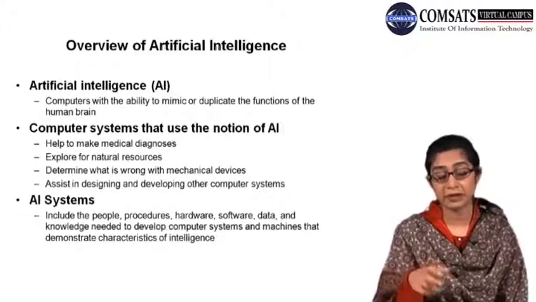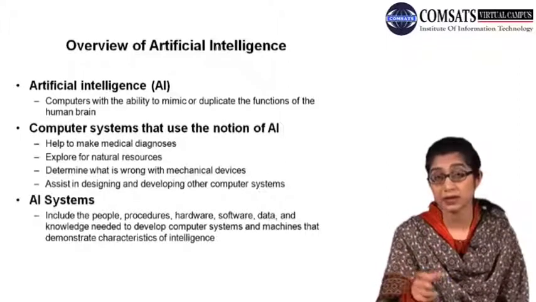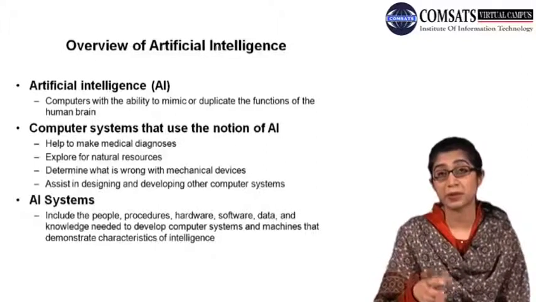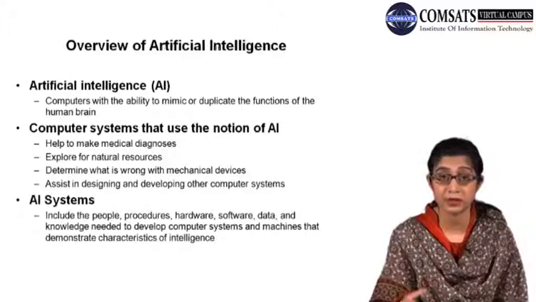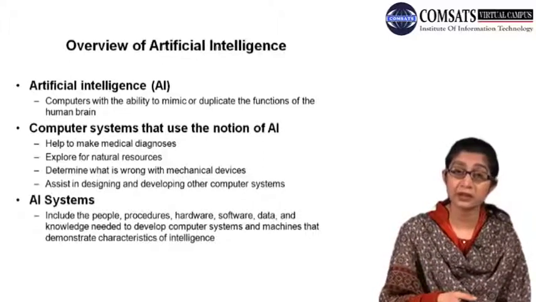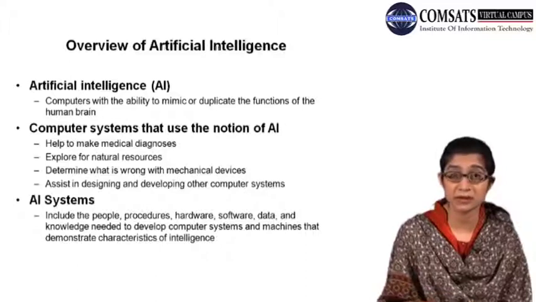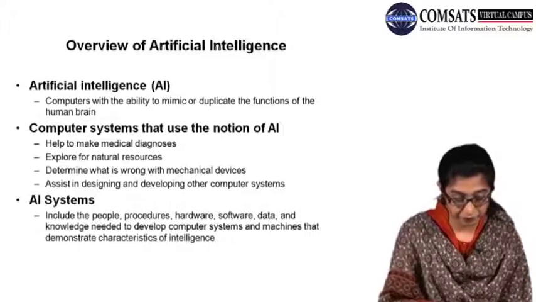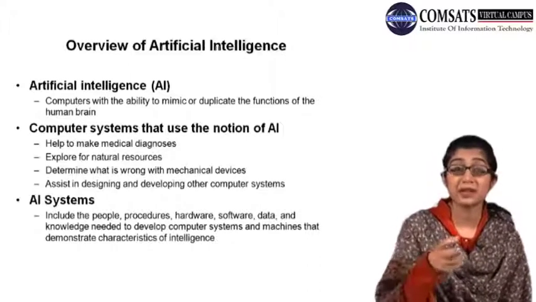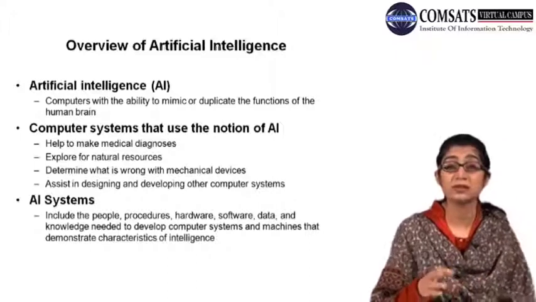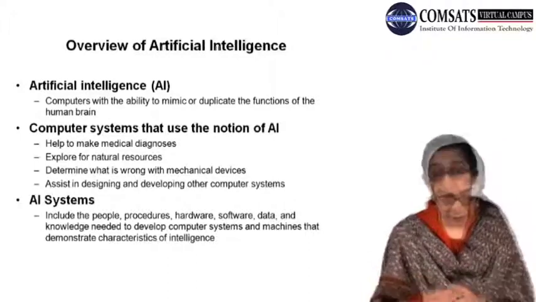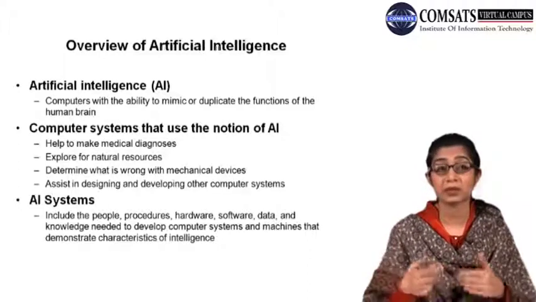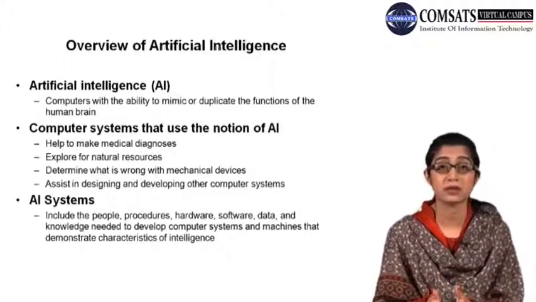Right जी, अभी जब हमने बात की थी about the characteristics of intelligence, that is these systems imitate the human brain, and human brain को imitate करने का मतलब है कि they imitate the characteristics of intelligence. So when artificial intelligence is used in systems, then what can they do? So that means this artificial intelligence allows the systems to learn from different experiences and apply the knowledge acquired from those experiences. So for example, अगर आपने कभी computer पर chess game खेली हो, again there is artificial intelligence involved